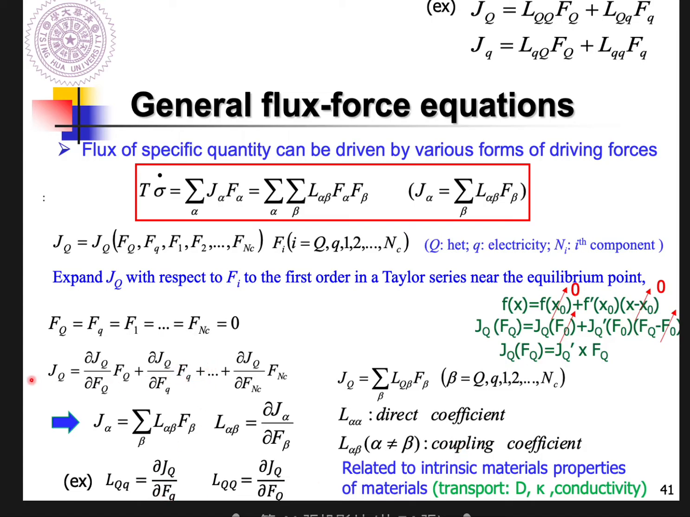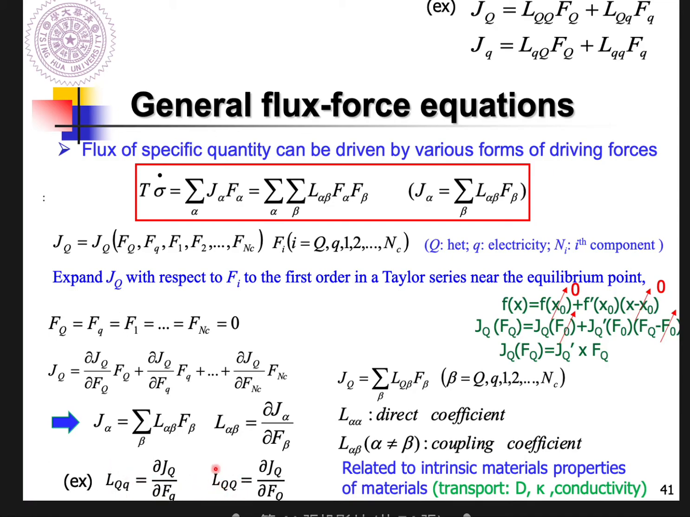Coupling means the flux which we induce is not directly driven, but induced by the F small q. So it's an indirect driving force. Usually we call the direct one a direct driving force, and the other driving force indirect, and the coefficient we usually call a coupling coefficient. And I also remarked what the direct coefficient is,